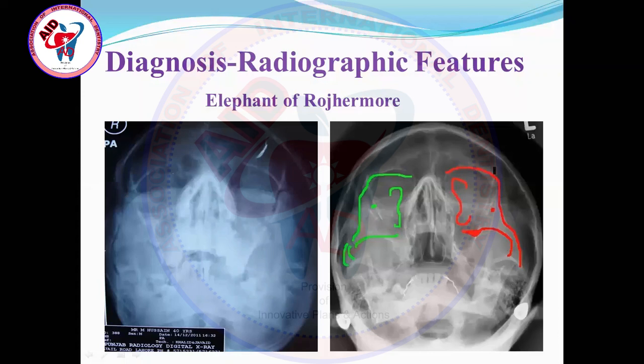Once you draw these lines, these are just like the head, trunk and eye of the elephant, and this typical picture is labeled as the elephant of Roger Moore. This typical picture of the imaginary lines drawn on PNS view is OZM, Oz. O stands for orbit, Z for zygomatic, and M for maxillary. Once you visualize your PNS view along these lines, you will not miss any radiological feature